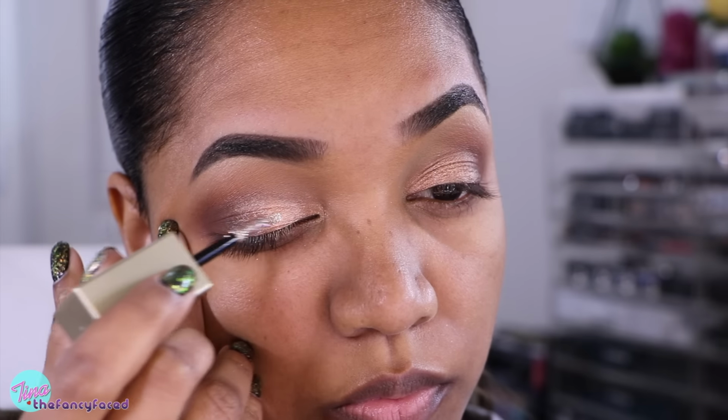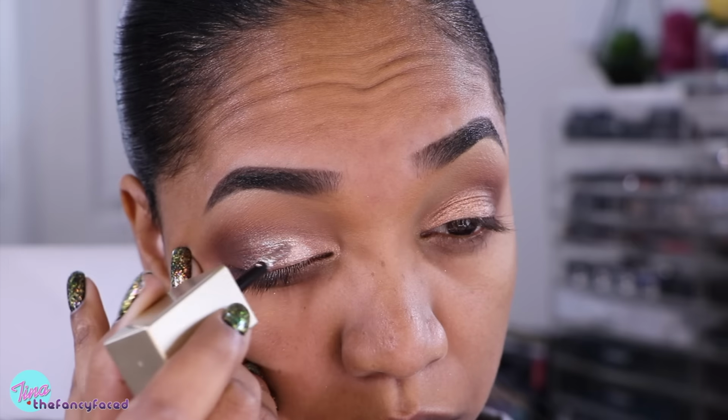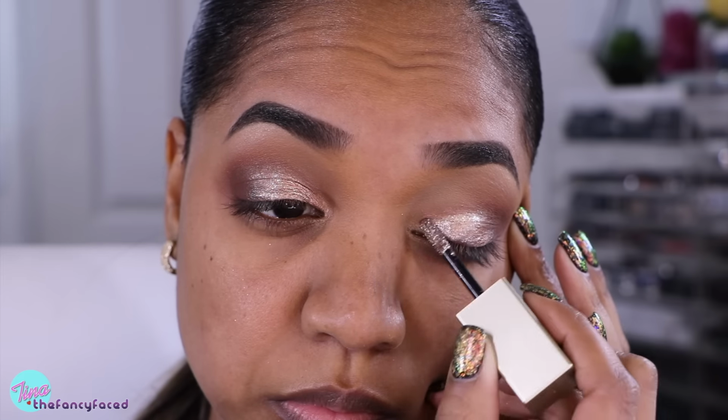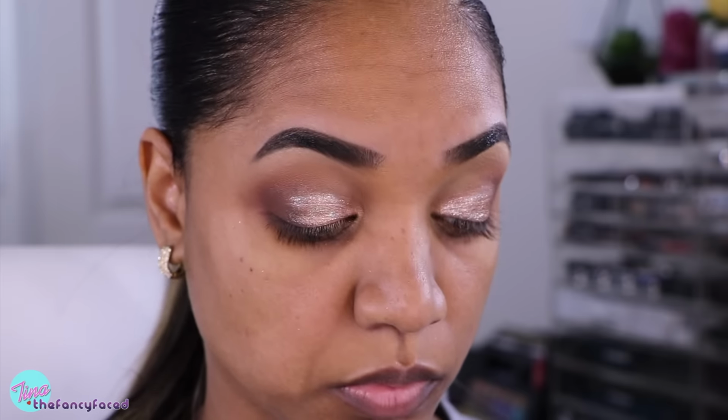Now, I couldn't do without this glitter shade, so I'm grabbing one of my Stila Magnificent Metals. I mean, come on. They're everything. This is the shade Smoldering Satin, and I'm just going to apply that right over the top of that eyeshadow that we have on the lid. This one has like a creamy bronze and then silver shimmer to it. The silver is the larger particles, and it's a really beautiful shade, and I'm just lightly applying it,